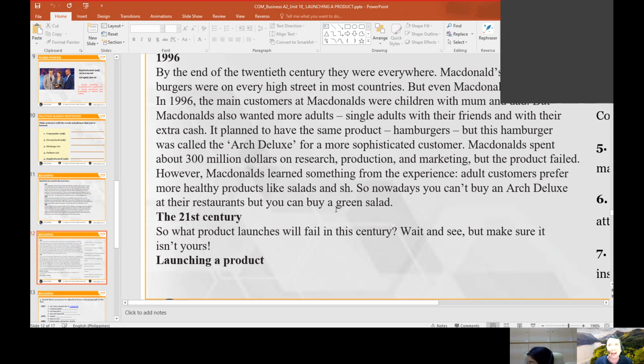In every product, in every company, sometimes you will not become successful. You are going to experience that sometimes you will not be successful. But of course, what you're going to do is do it right. Do a lot of research, do a lot of production, do a lot of marketing in order to improve the services. And somehow, the other way around, you are going to become successful in the near future.